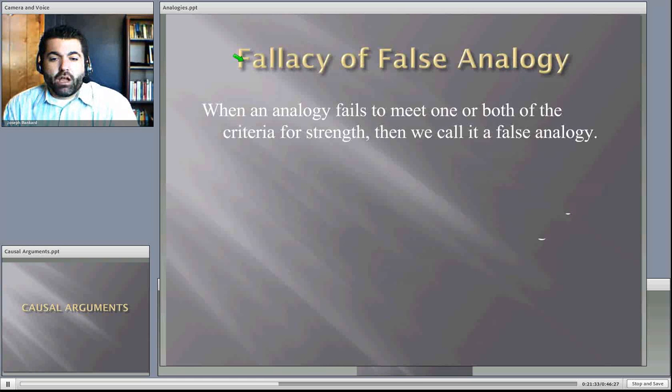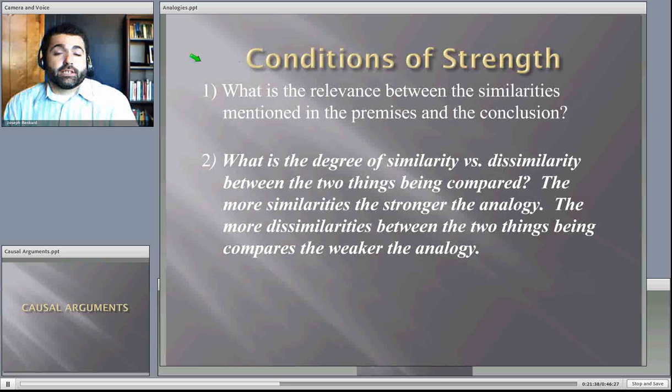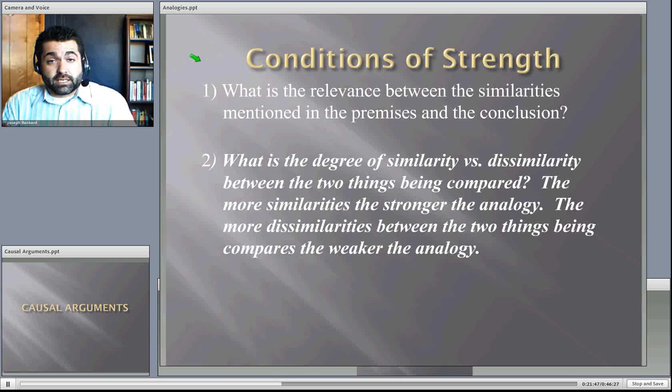All right. It is often argued that the design argument fails because of criteria number 2. The argument is, if we try to compare the universe to a watch, you have a few similarities, complexity, purpose, but you have so many dissimilarities between the universe and a watch that the analogy ends up being weak. You can do the same thing if you try to compare the universe to a machine, the universe to a house, the universe to any kind of designed things. Yes, but the universe is similar in those 2 ways you highlighted, just like the flowers in my relationship, but you're ignoring all these other dissimilarities that make it hard to accept the analogy.